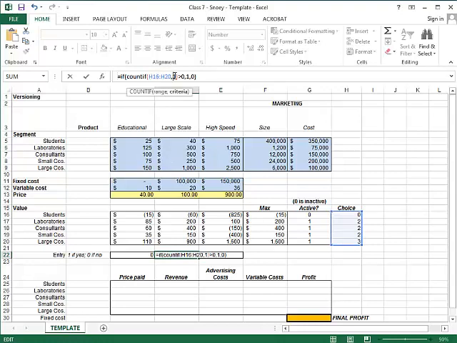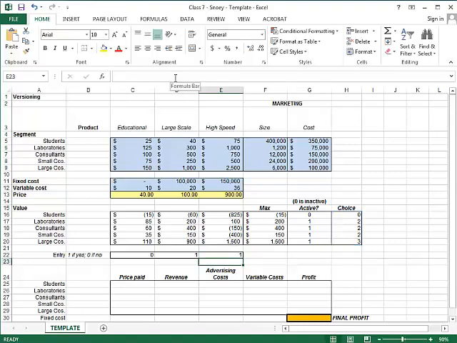And this time, instead of having 1, I'm going to have 2, which will look at whether version 2, large scale version, is chosen or not. And then in the next one, I'm going to choose version 3. So in this particular case, as you can see, I don't see any ones here, so educational market is not going into the market. There are 3 market segments that are choosing version 2, so version 2 is going into the market, large scale. And there's 1 segment that's choosing version 3, so high speed is going into the market